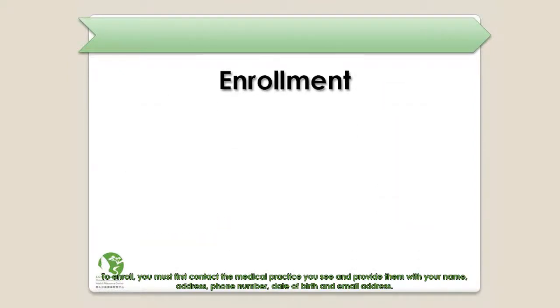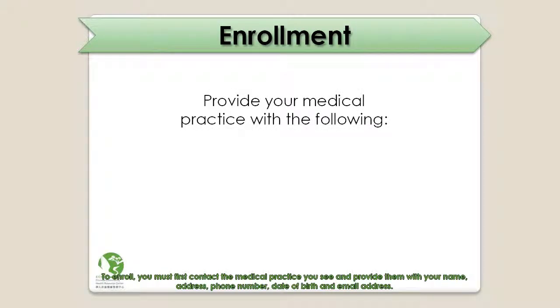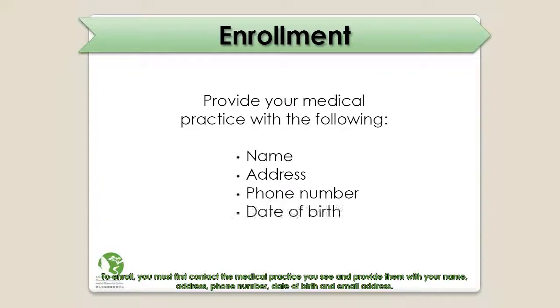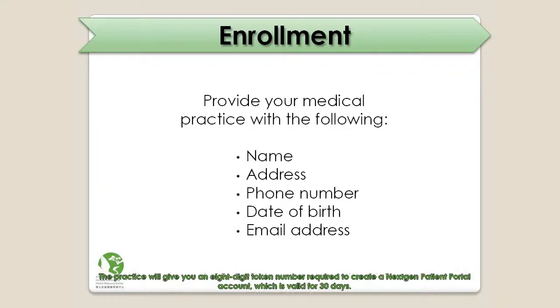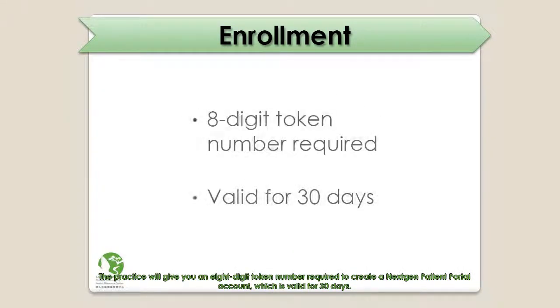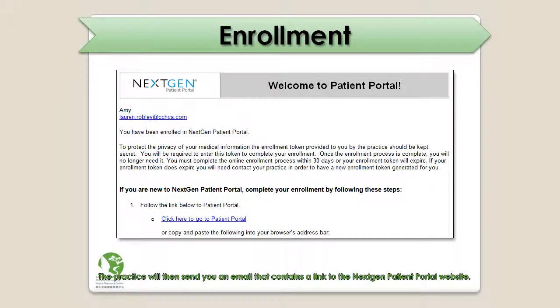To enroll, you must first contact the medical practice you see and provide them with your name, address, phone number, date of birth, and email address. The practice will give you an 8-digit token number required to create a NextGen Patient Portal account, which is valid for 30 days. The practice will then send you an email that contains a link to the NextGen Patient Portal